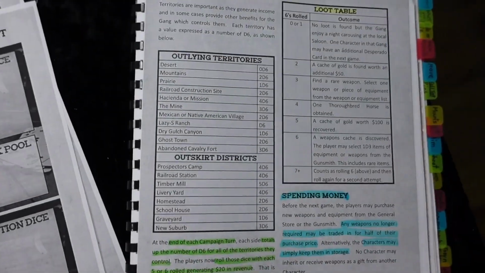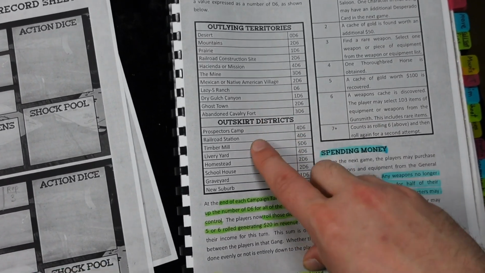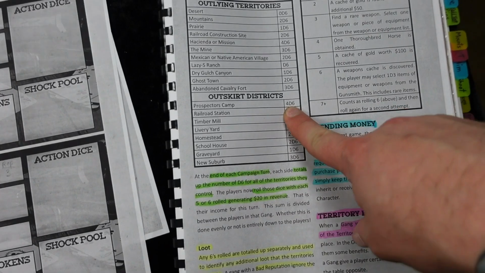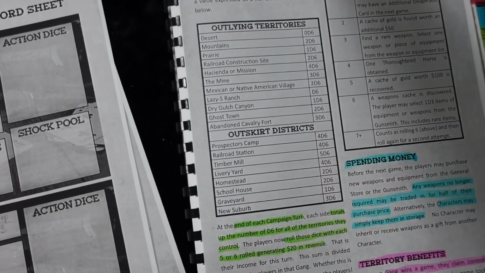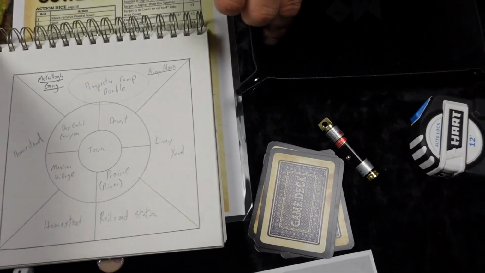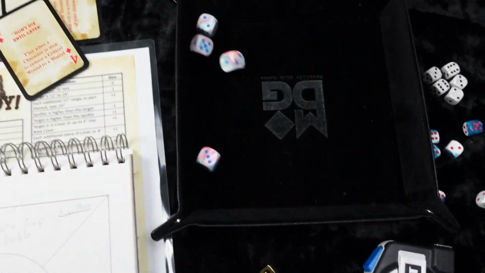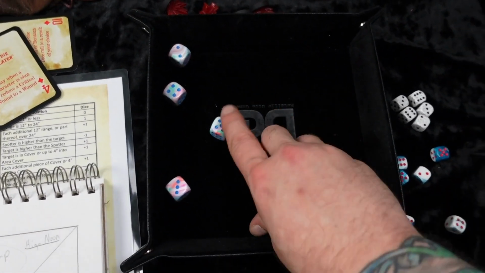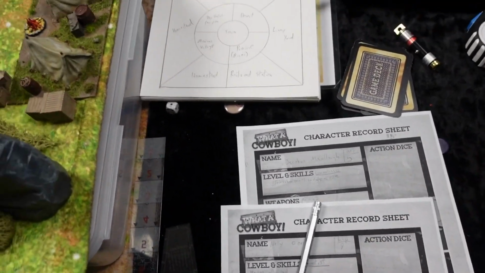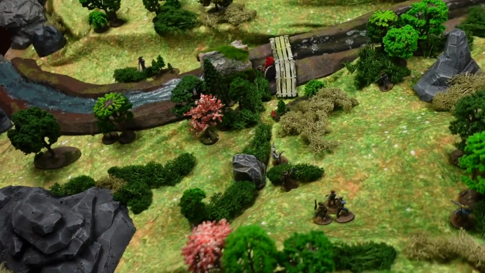So after sorting that out, we come to income. So right now I control the Prospectors camp, which is worth 4d6. So I get to roll 4d6, and any 5s or 6s that I roll will generate $20. So we're going to get 20 bucks. So I end up with a total of 50 in the bank. Joe currently has 10 in the bank,